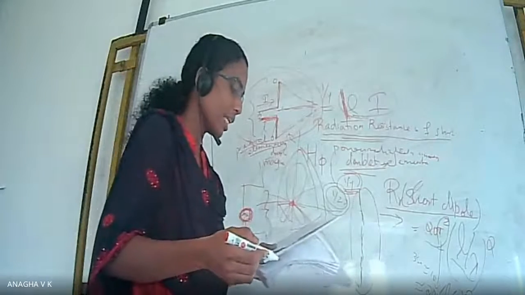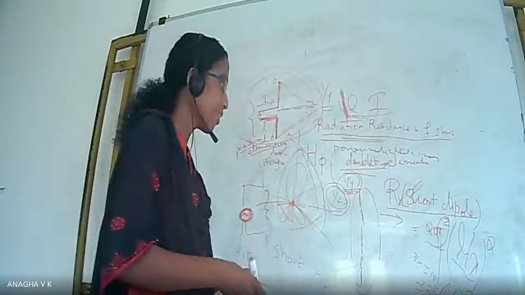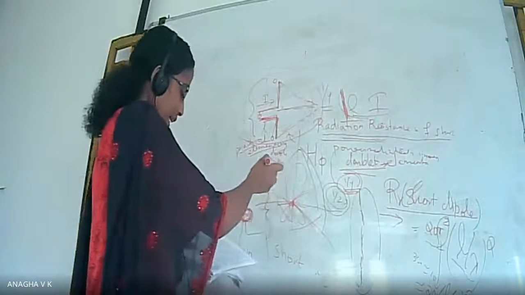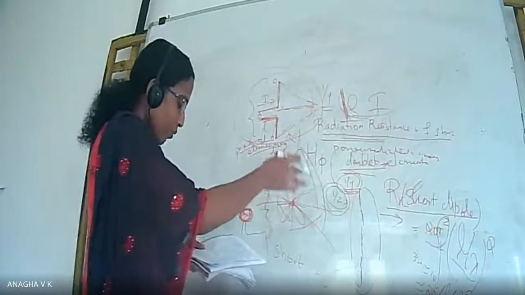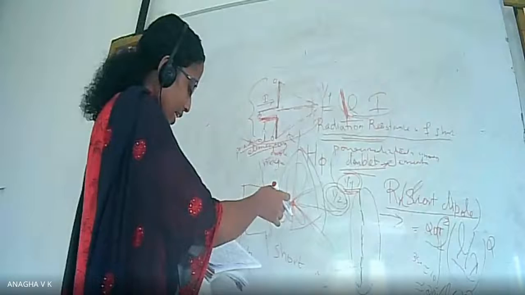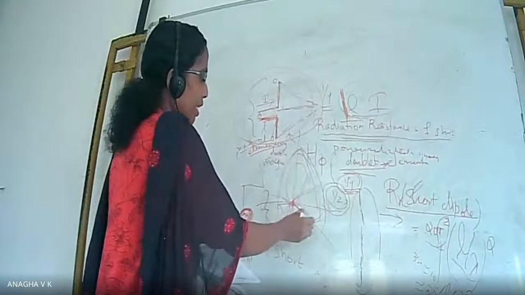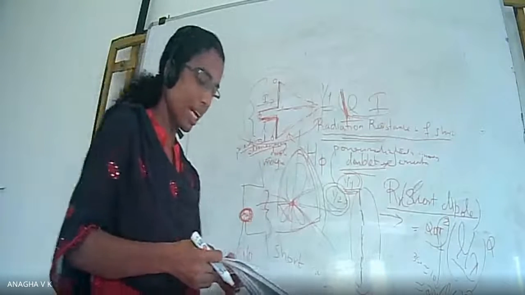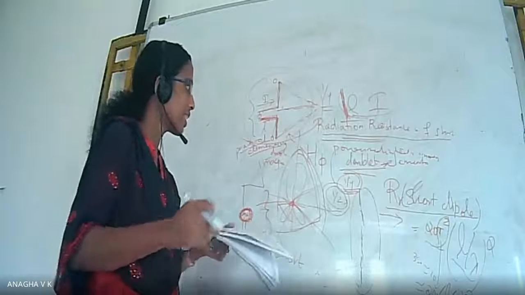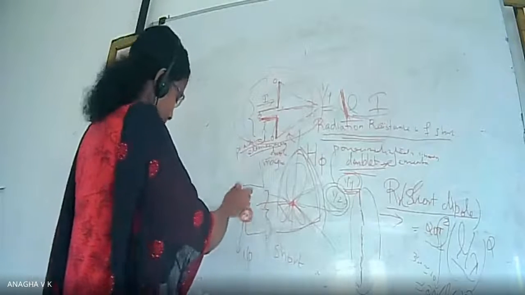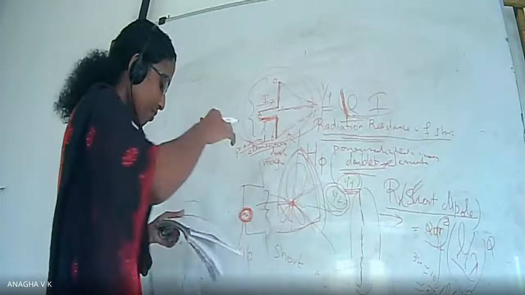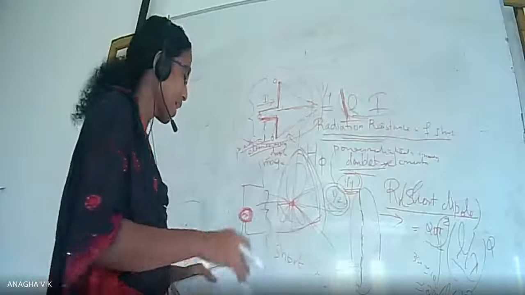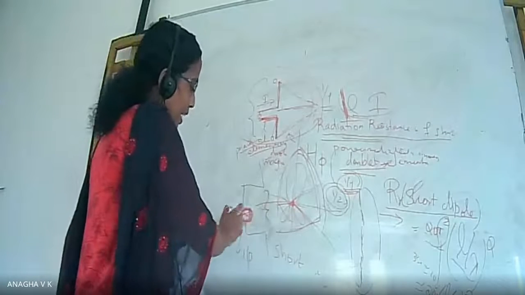So radiation pattern of the antenna is what? A graphical representation of the radio frequency energy radiated from the antenna all around in space, as if it is at the center of a spherical coordinate system. An imaginary current element is not a practical antenna. A center-fed antenna having a length that is very short in wavelength is the practical elementary dipole. So the practical dipole is nothing but a center-fed antenna.